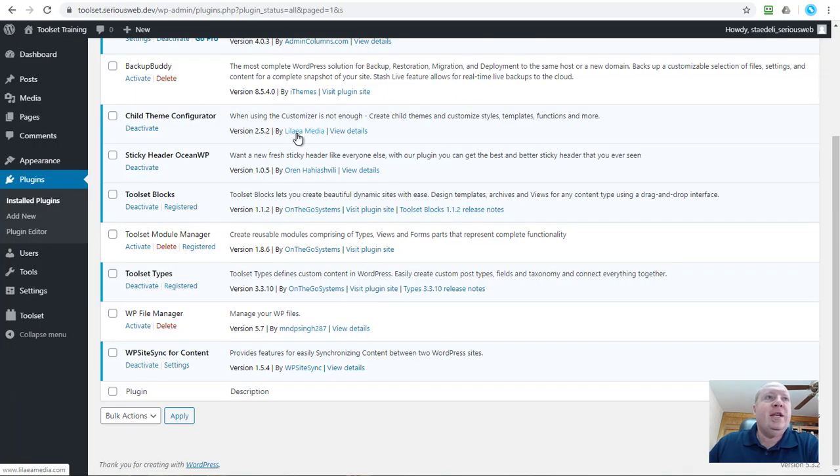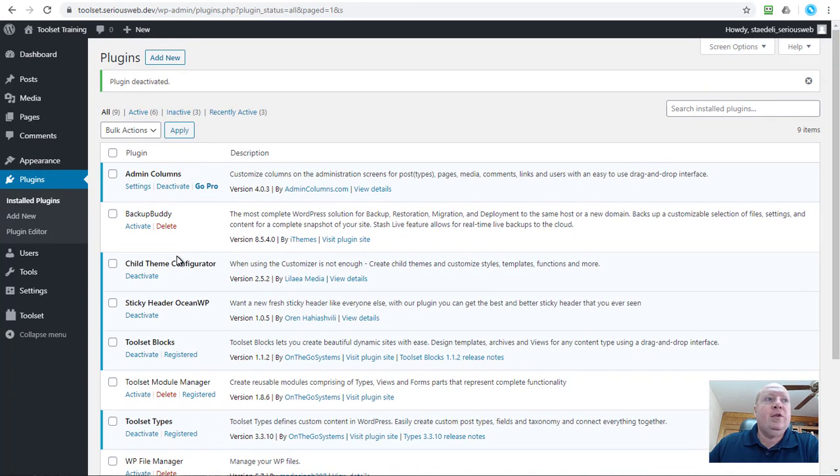What we need first is to make sure that we have the Toolset Blocks plugin and the Toolset Types plugin installed. This is very important. They need to be updated, licensed, and then we can get going. So the first step